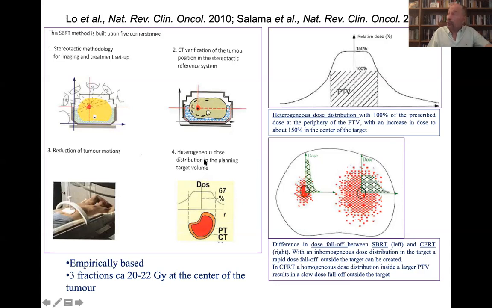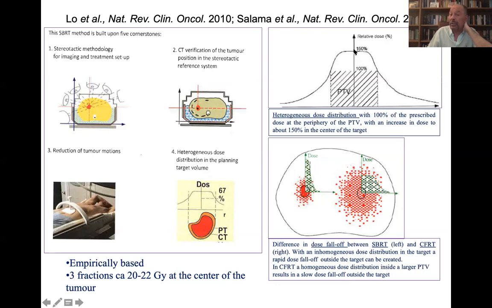And then you give a heterogeneous dose distribution in the planning target volume. This is also interesting. You see, this is the PTV and this is the CTV. Actually, the dose is not uniform. This is because you don't care very much about uniformity here. You kind of overshoot. This is convenient because if you find a direction where you don't have organs at risk, you want to overshoot in that direction. You don't care about uniformity here. You have situations where you have